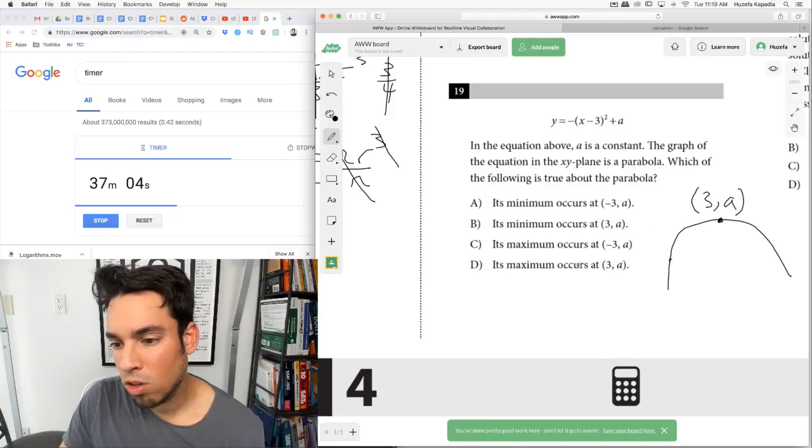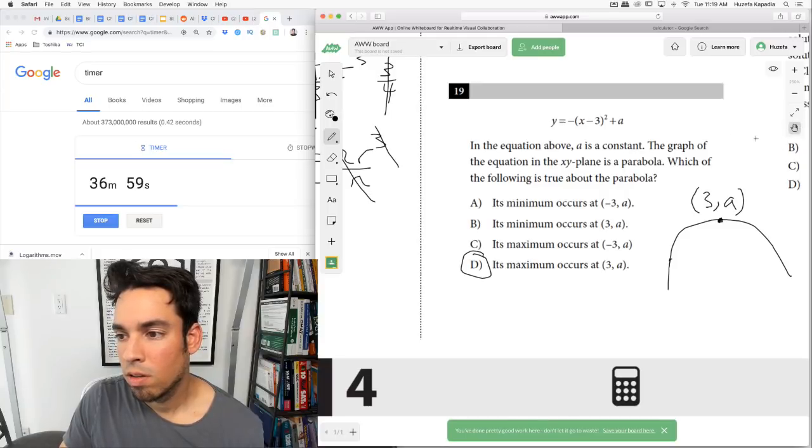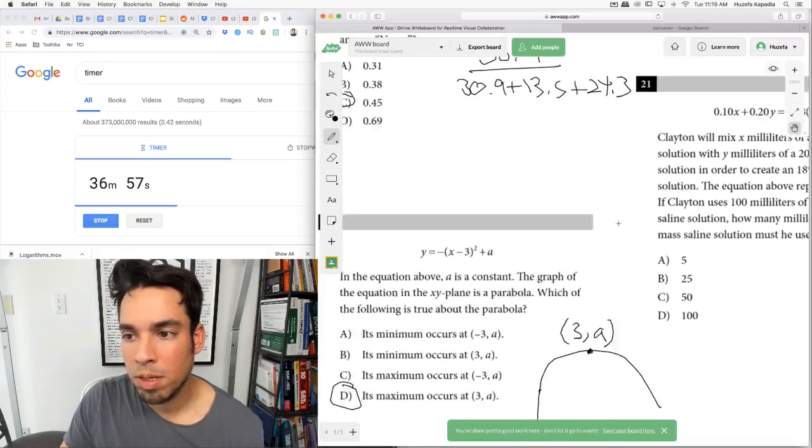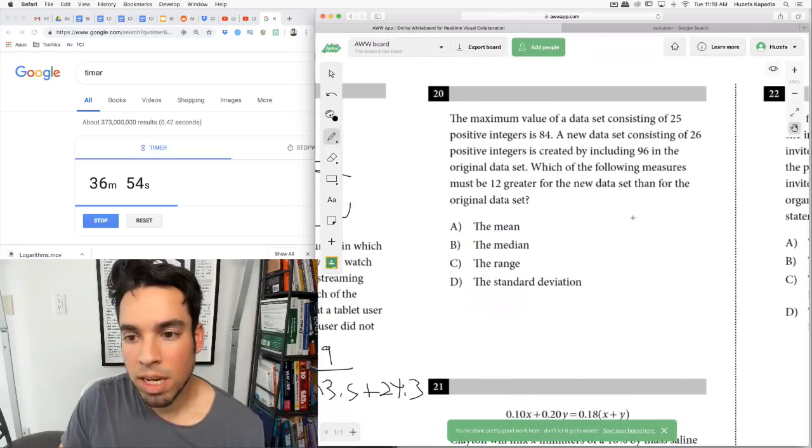So the maximum occurs at 3a, and that's it. That's all we need to know. If this were positive, then it would be a minimum. Next, the maximum value of a data